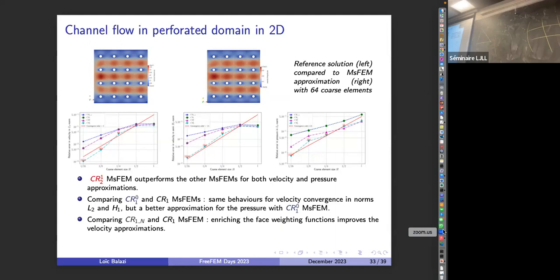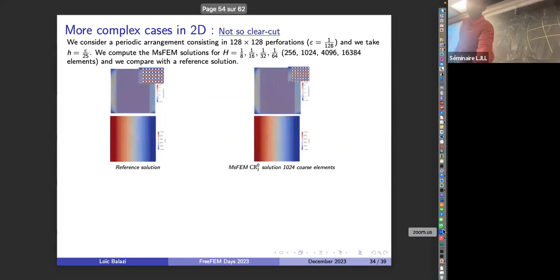We have a good slope of convergence for this method. Now we have moved to more complex cases. Now we have 128 by 128 perforations, and we take H equal to epsilon over 25, which is about 10 to the power minus 4. First we have computed the reference solution on the left and the multi-scale approximation on